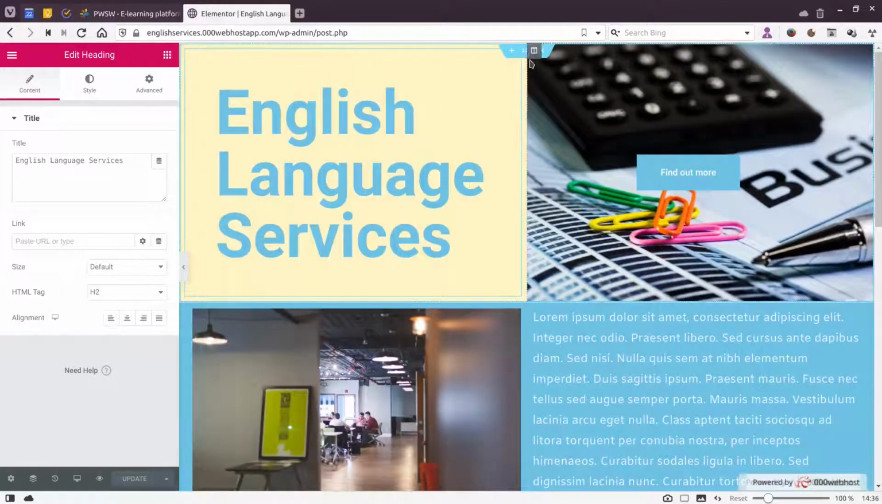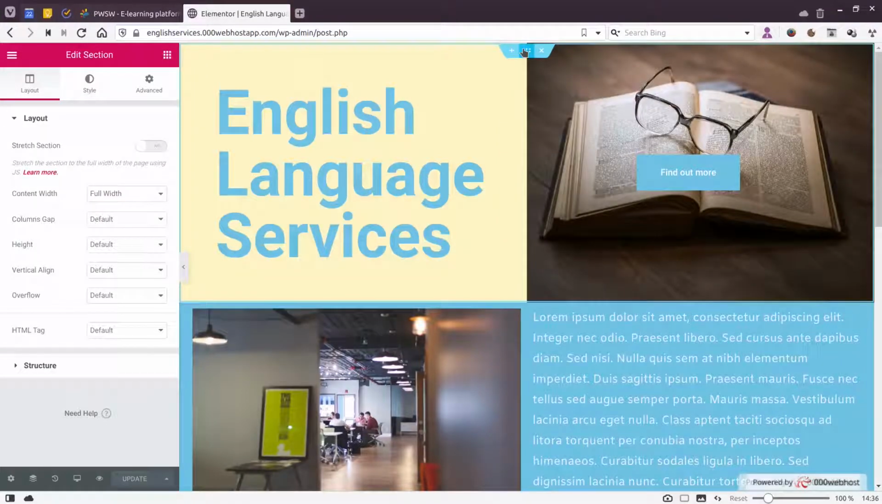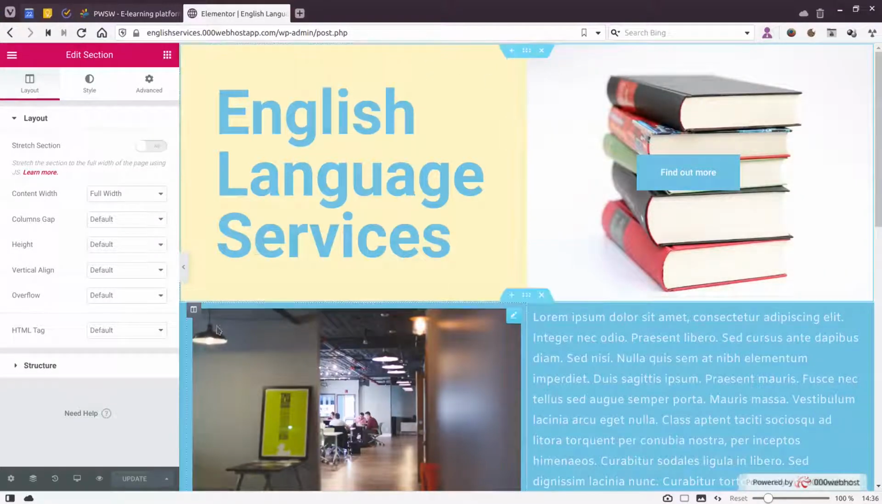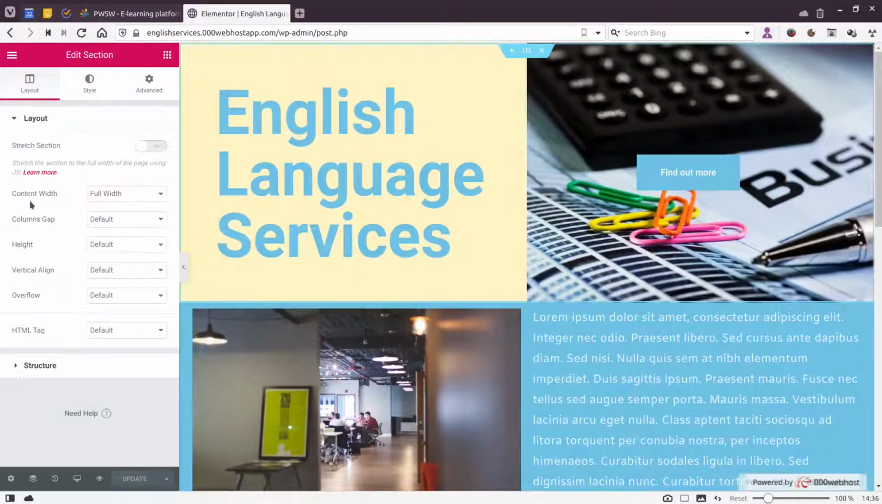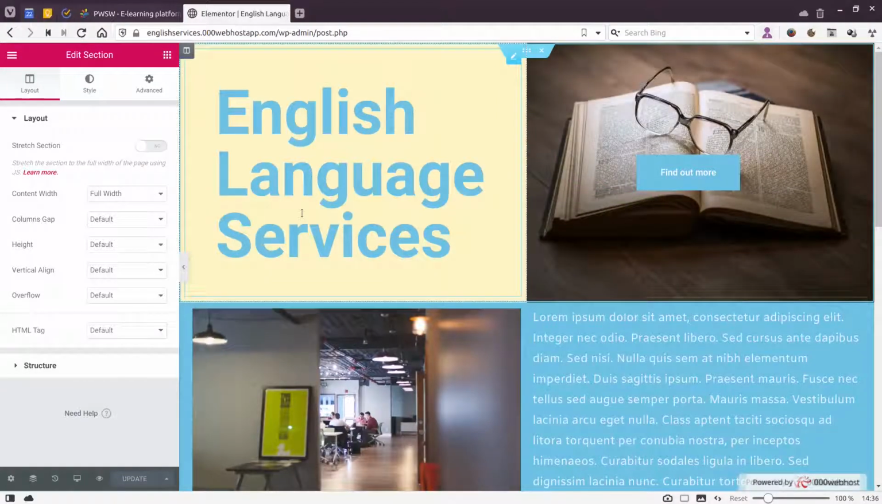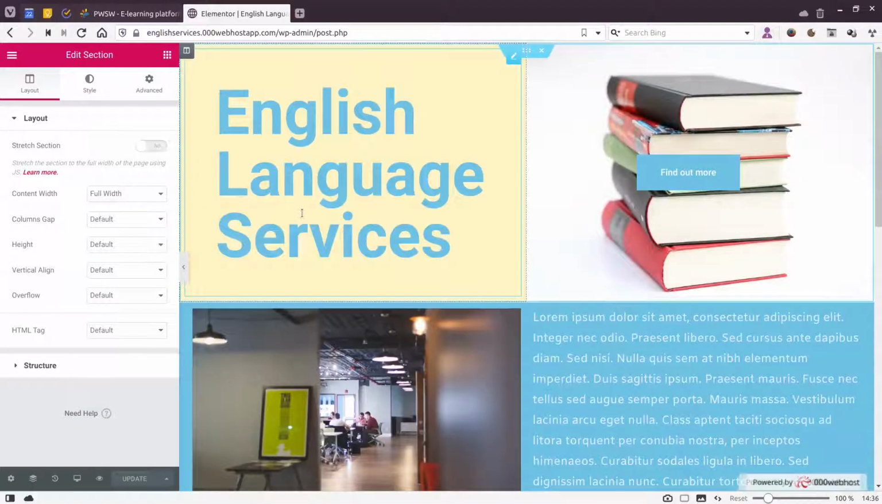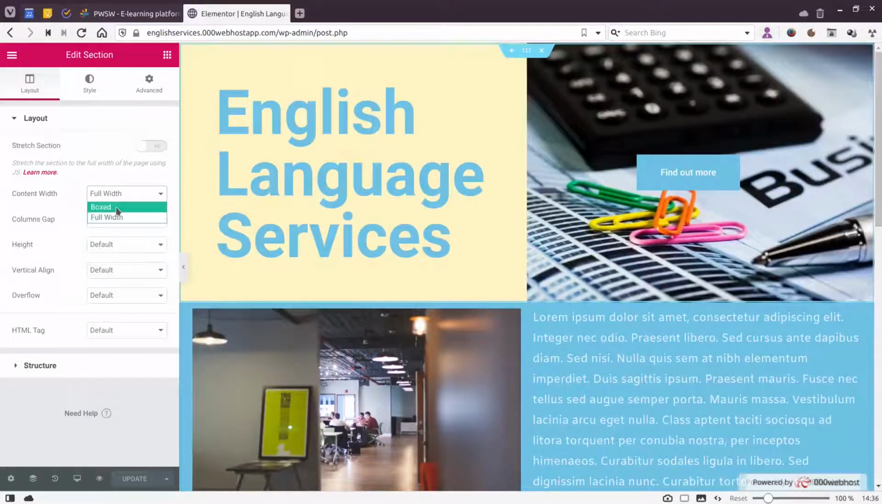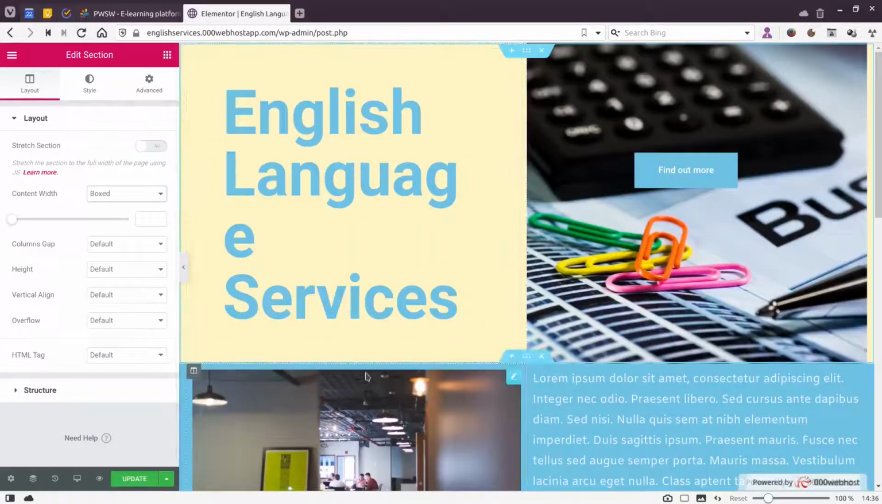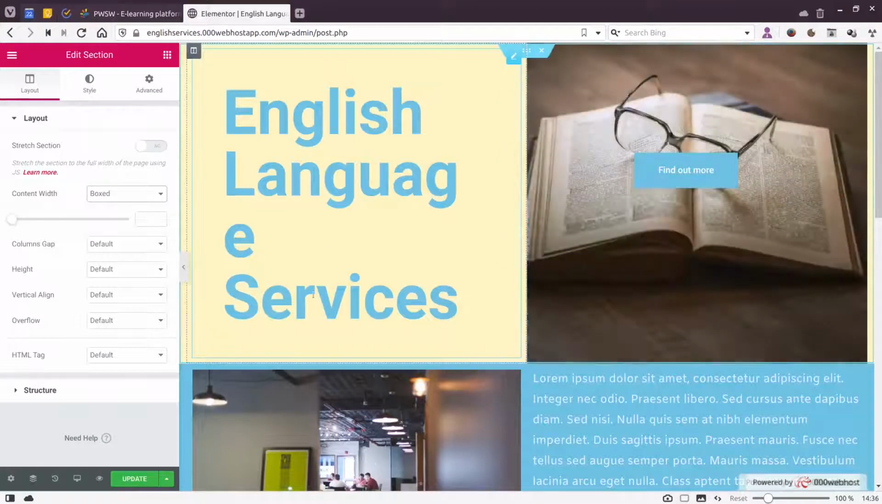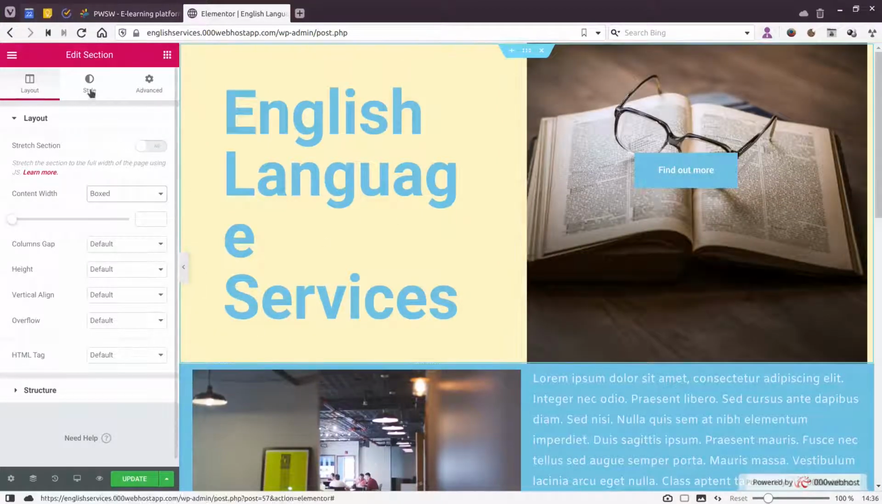So at this point, we're interested in the section settings because we want the section to have a certain layout. So you can see that in this layout tab, I've got content width and it's set to full width. And that's the reason why it spans the whole page. It basically runs across the whole screen. So I'm going to set it back to boxed because that's what it was originally. Of course, we can see that the font